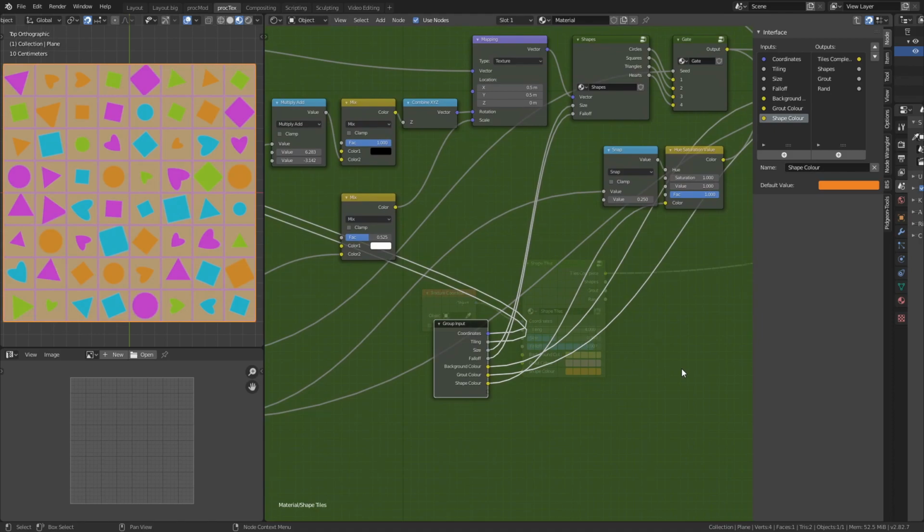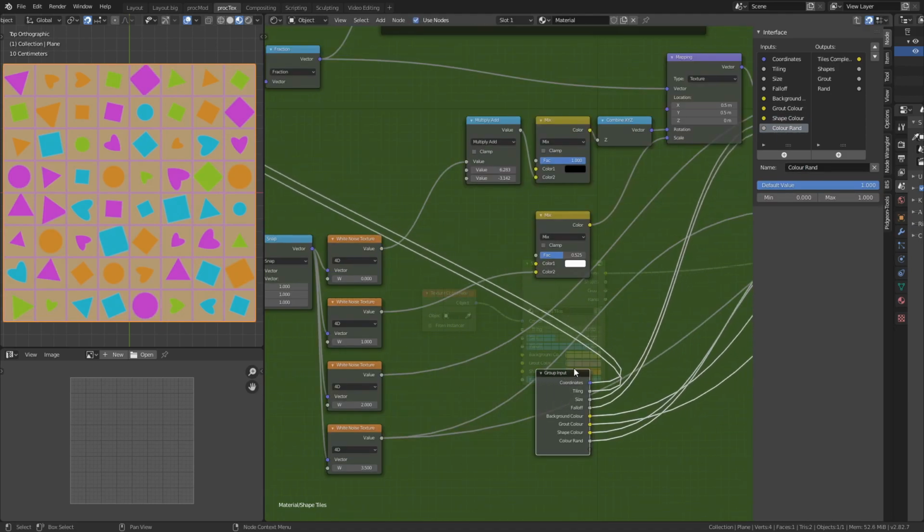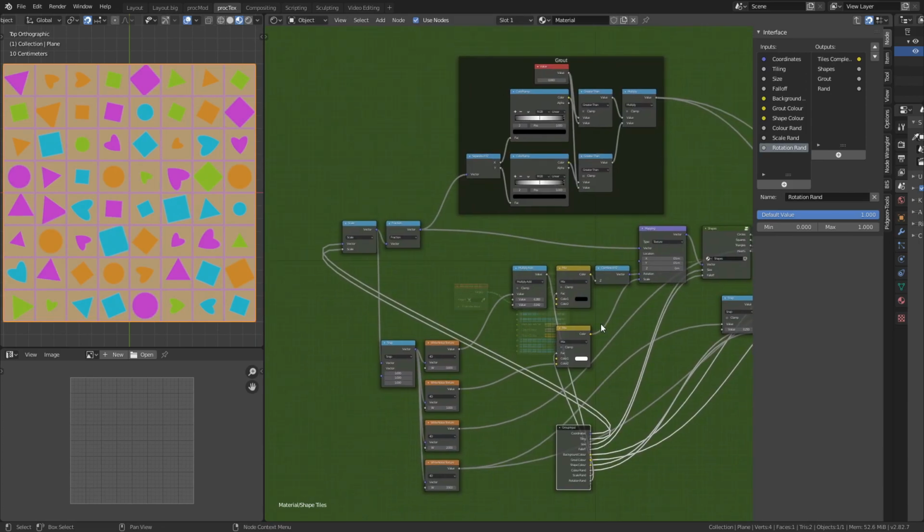Then I'm going to have the sliders for the randomness. Connect the next one to the factor of the hue saturation value, color rand. One after that's going to be scale randomness. Connect this to the factor of our scale randomness. Next one will be our factor of the rotation rand, and then our last two are going to be our